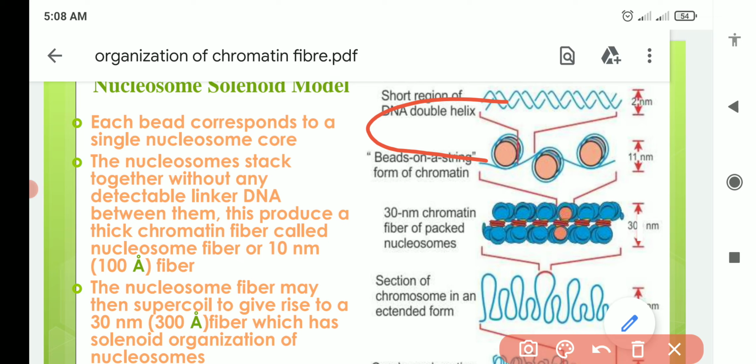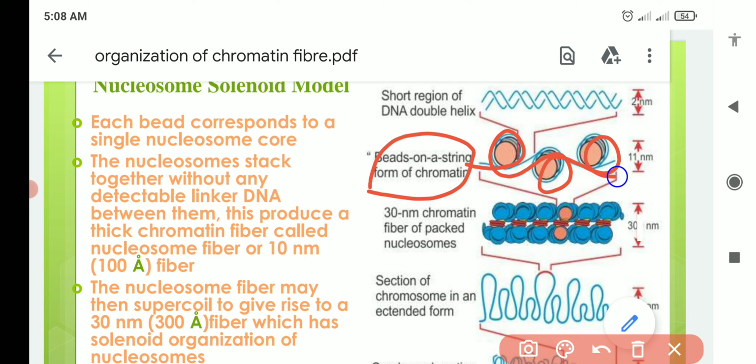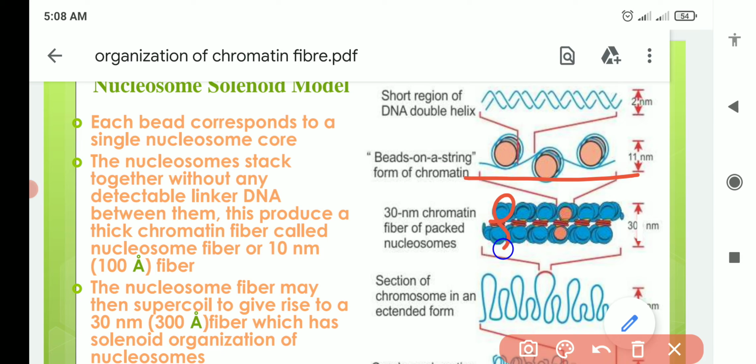So first of all, how does the nucleosome model describe it? First of all, the DNA molecule in the cell will get the shape of beads on a string by coiling around these histone octamers. After that, this beads on a string structure will further get supercoiling. Supercoiling means, suppose these are three octamers, three beads on a string, and they will come together like that. They will get further coiling to shorten the length.